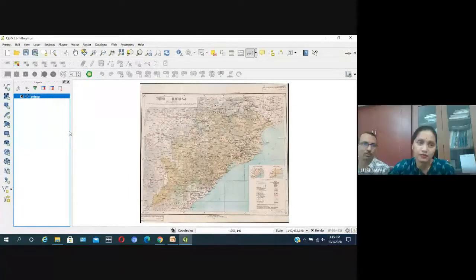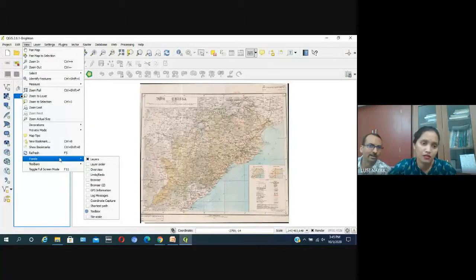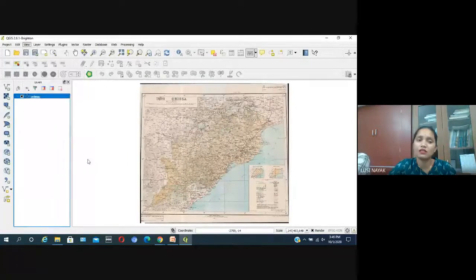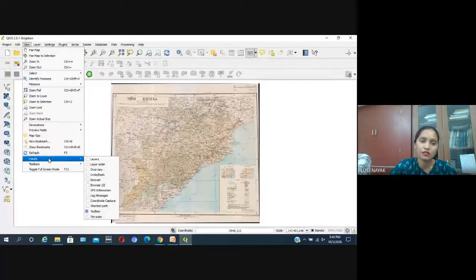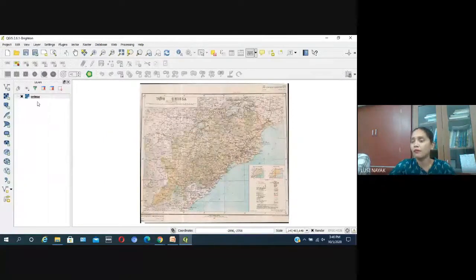Okay, yes sir, you go to the view menu, then panels, and here layers. See the first one, you can check it. Amarjit Yadav, the layer bar is not visible, so please check it. View menu, panels, first one, layers. Okay, now it is visible.